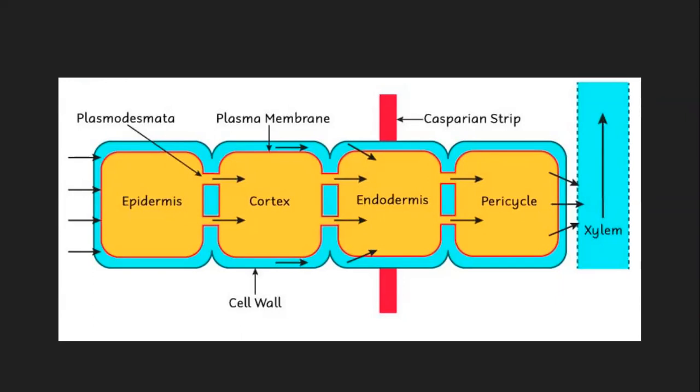It's a kind of hydrophobic material, and it does not allow the leaking of the water back into the cortex, and that is why it is present around the endodermis area, which is enclosing the xylem and phloem tissue. So that is the general mechanism of root water movement through the root.